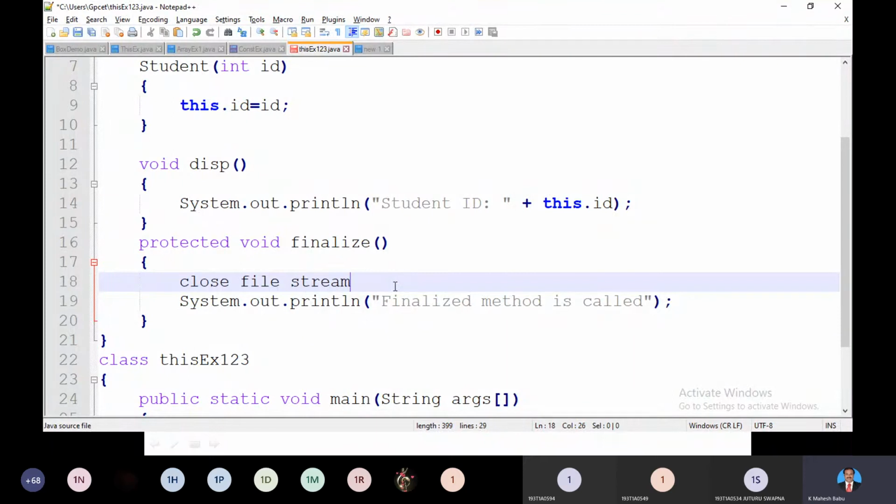So at that time, the unused objects are going to be removed from the memory automatically. But this object will have one file stream which is opened by itself. So I want to close the file stream. So at the time I can use fclose methods, whatever, right? Or else